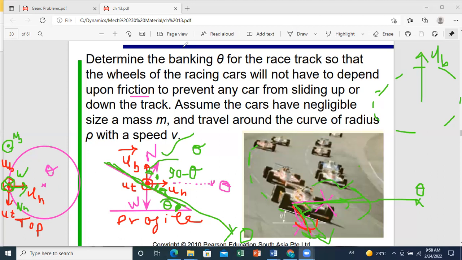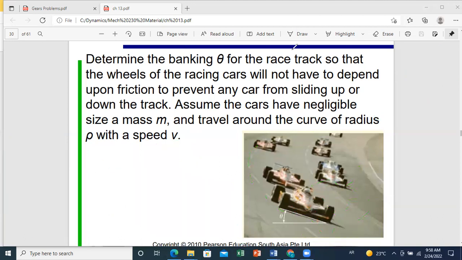Theta part. Yes, Hashim, I will repeat the angle theta. Look, I will draw it again. You have a race. The angle of this race is theta. So this angle here is theta. Your normal reaction is perpendicular to the contact line. The incline is the contact line between your wheels and